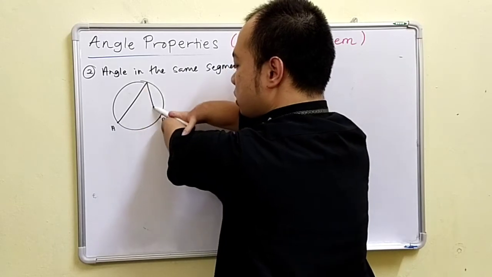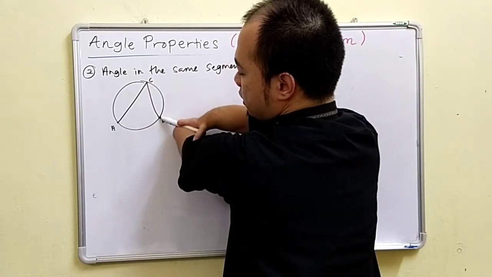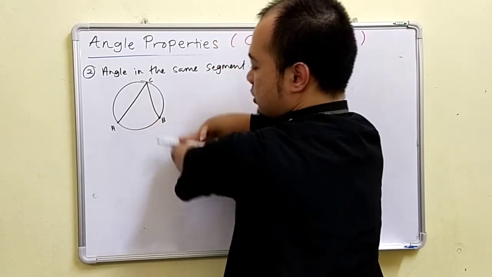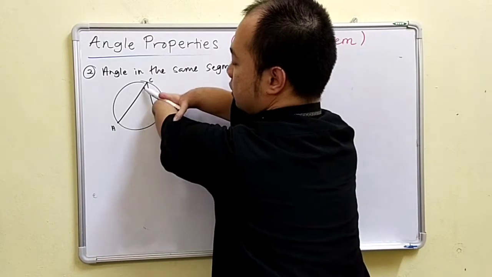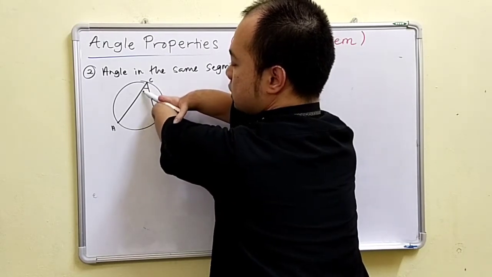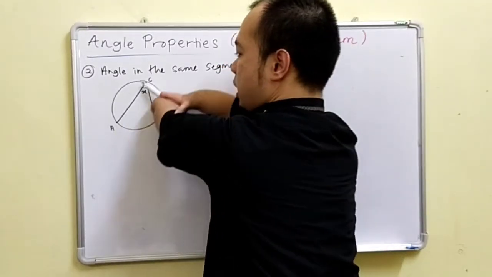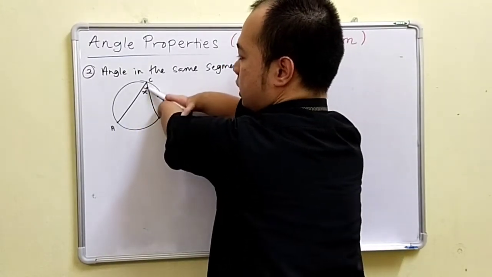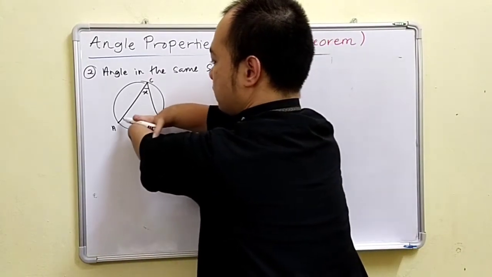Point C is somewhere up there. So this is point C. From A, C, then go to B. If the value of the angle here, ACB, is x, then